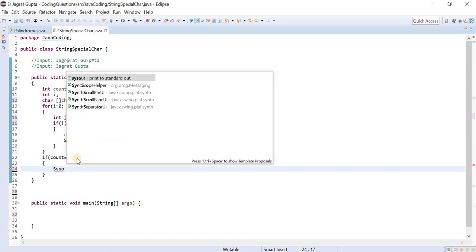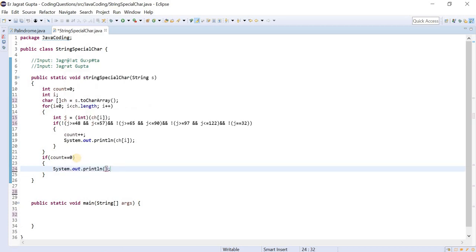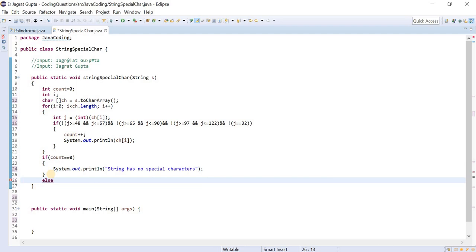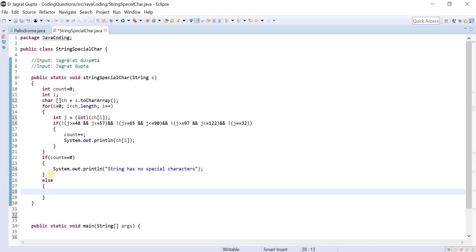System.out.println, string has no special characters. Okay, like this. Else we need to count this.